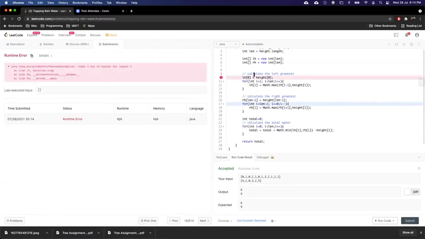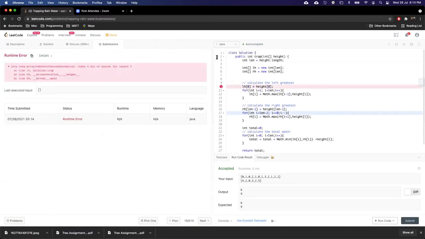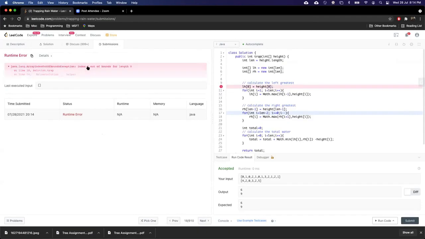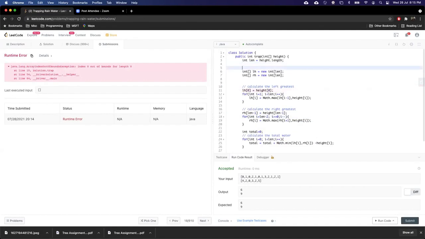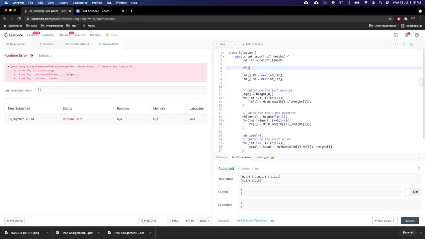Okay. The issue is I have not covered one case where your array is empty. Such things we need to take care of when we write the code.